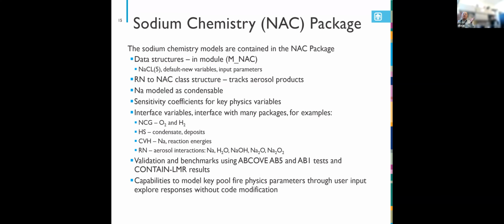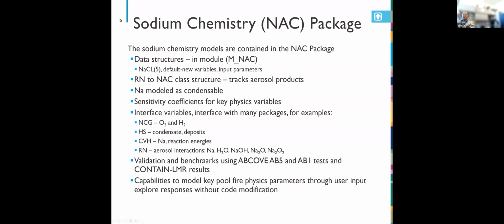Now, to encompass all this chemistry model, we created a so-called NAC package, for sodium chemistry. All these chemistry models are included in that package. As you know, in MELCOR we have many different packages: the CVH package, the RN package. This is one of the packages, but it only deals with sodium chemistry. We're showing some of the data structure classes we added: sodium, water, aerosol, and hydroxide, peroxide, and monoxide. And then we did a lot of things